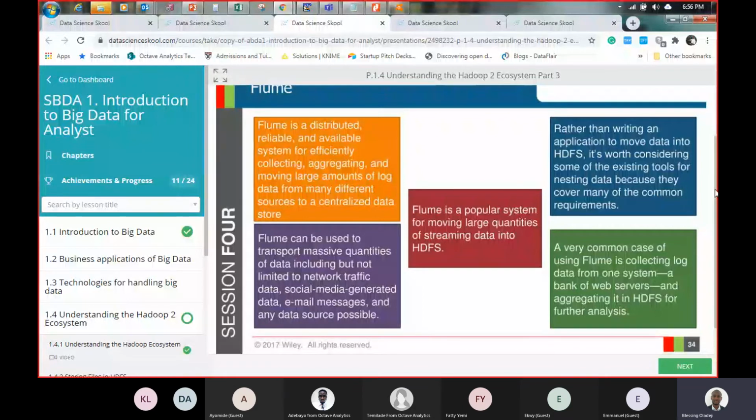I want to move from Oracle to HDFS, go to Sqoop. I want to move from say Hive to Oracle, Sqoop is going to get it done. But when you need to